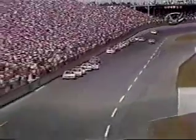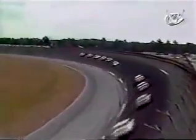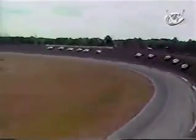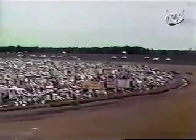Smoke. And it looks like 55 is off the pace. Benny Parsons slowing down. That's Parsons, bottom of the frame. You see him on the bottom of the racetrack, slowing way down. There was a bit of a puff of smoke. He was right in the middle of that group. He pulled down to the left, pulled out of the fast line very well. Benny Parsons,